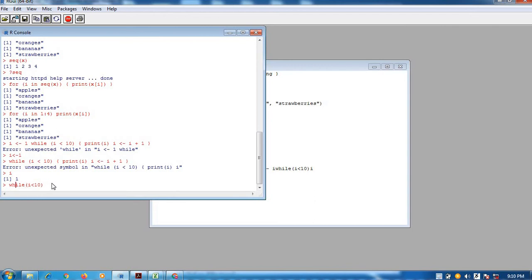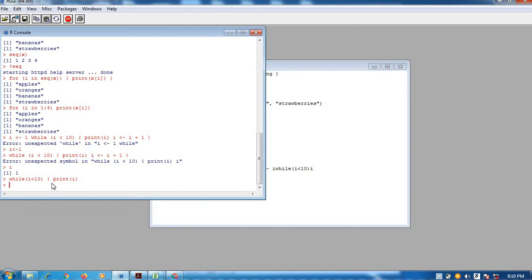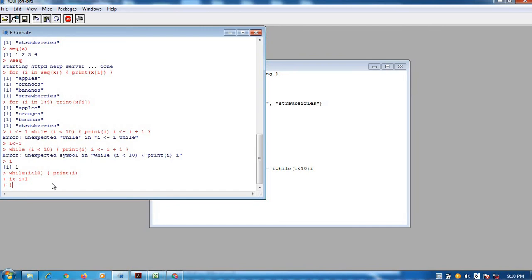While I is less than 10, and then what you are doing, you are printing I. Okay, then you are doing I is assigned to I plus 1, then closing the bracket.